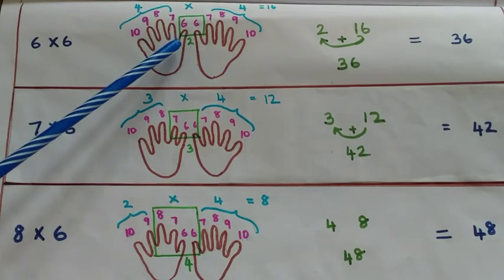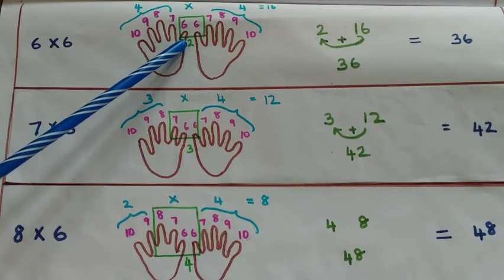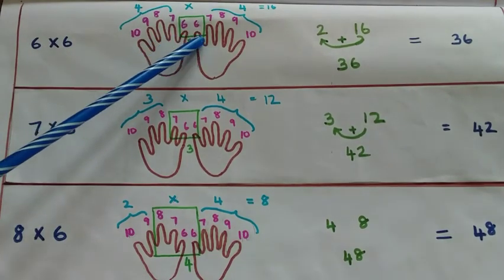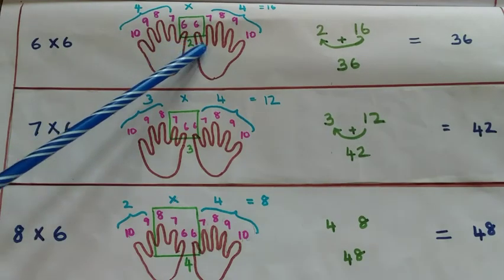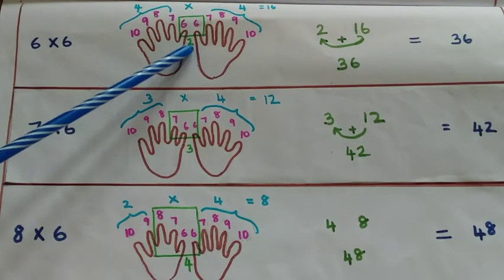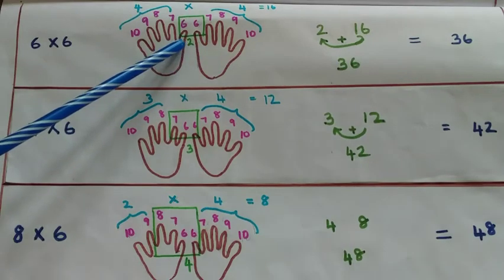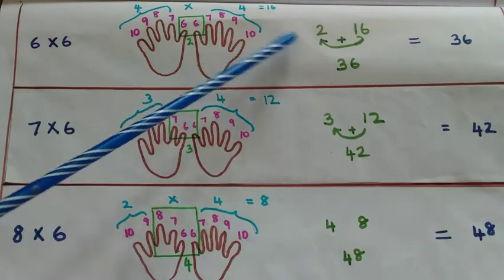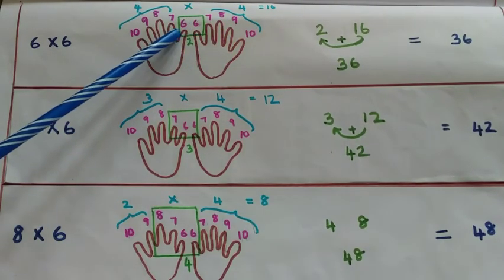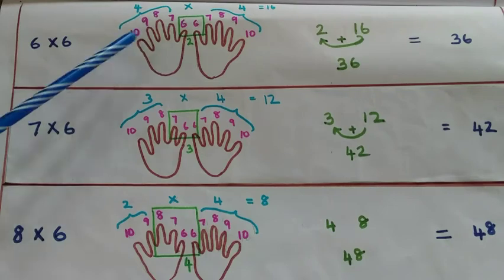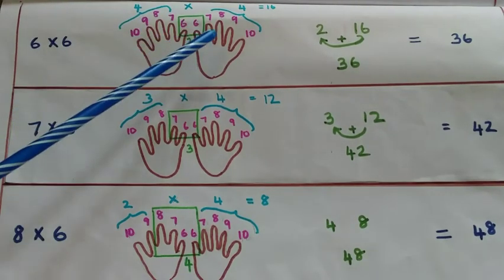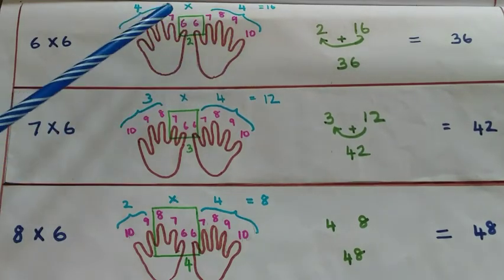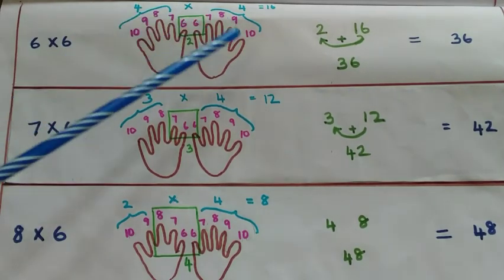So this is the finger which has been numbered 6 and this is the finger that has been numbered 6. So you need to just touch those fingers together by rotating your hand. So how many fingers are there including these fingers? There are 2 fingers. So we write down 2. And now you need to find the number of fingers that are to the left of this 6th finger and the number of fingers which are on the other side of this finger. So there are 4 fingers here and there are 4 fingers here.